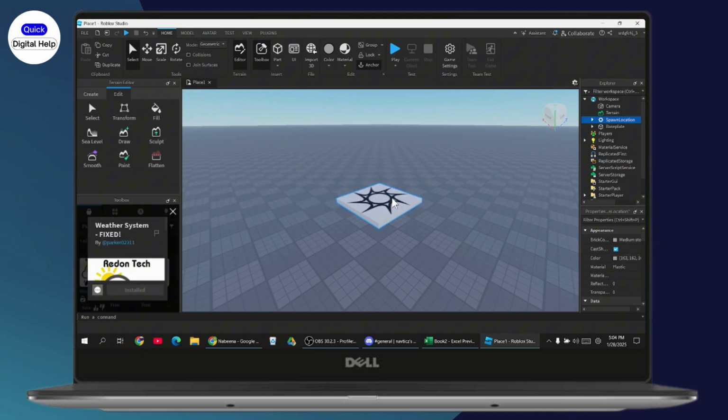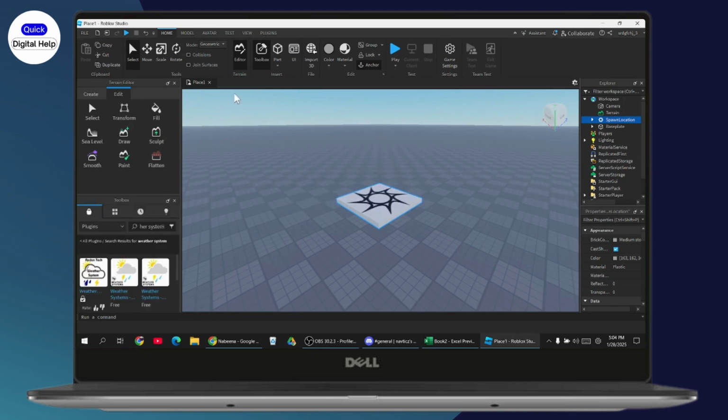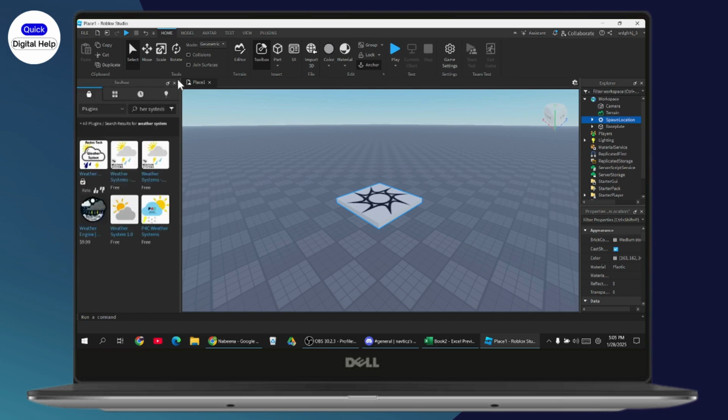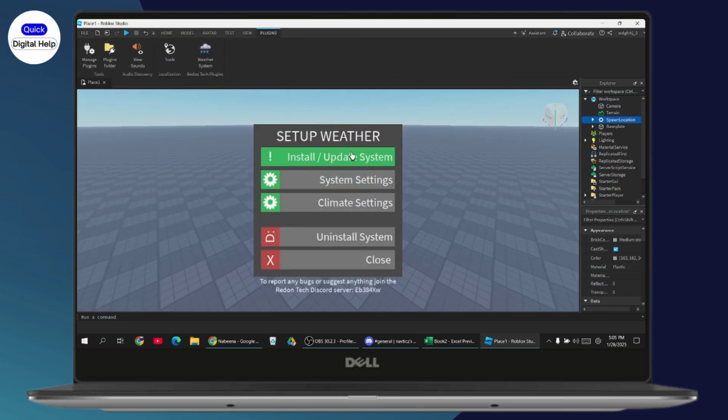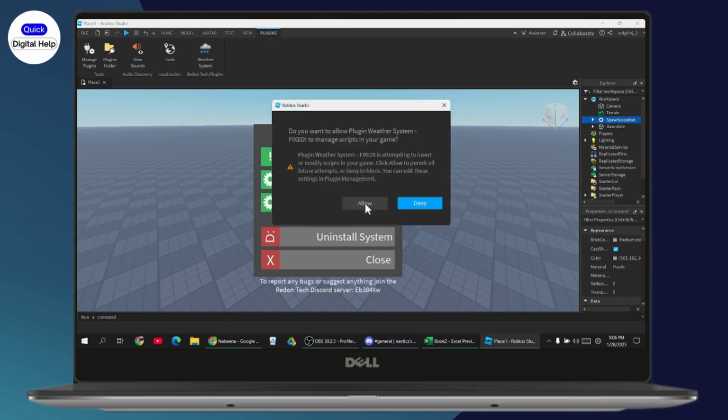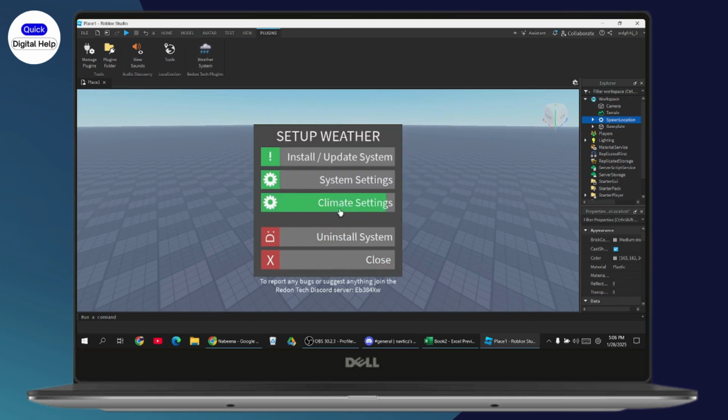Once it's installed, now you need to go with OK. And you need to just go with the plugin section, which is on the top. So just remove this. And here you need to go with plugins. Select the weather system and click on install and update system. Go with allow. Once you've done, you can just simply go with the settings option and you can just adjust